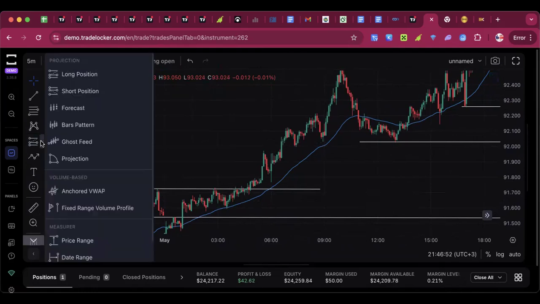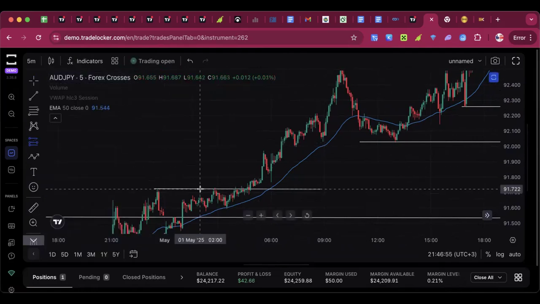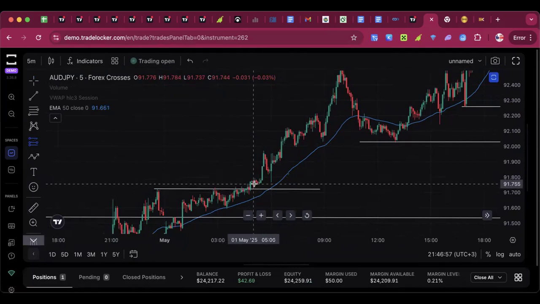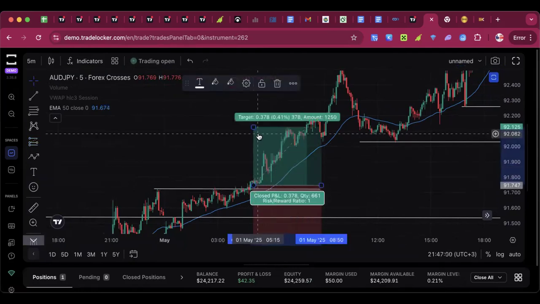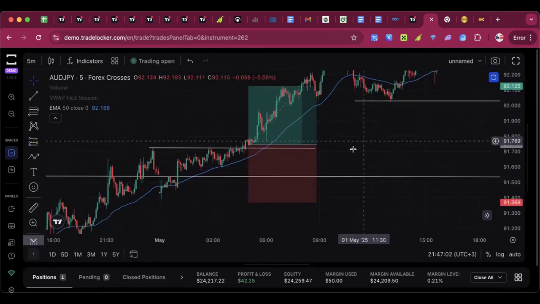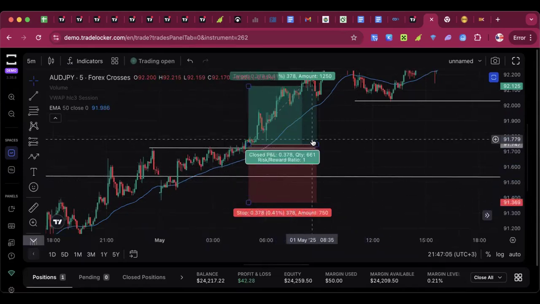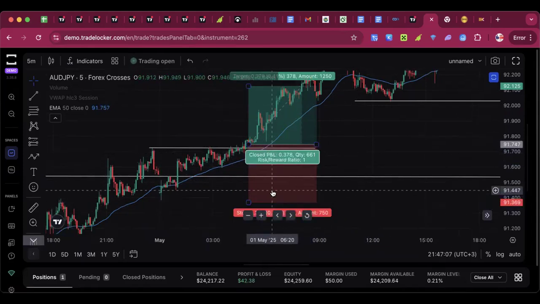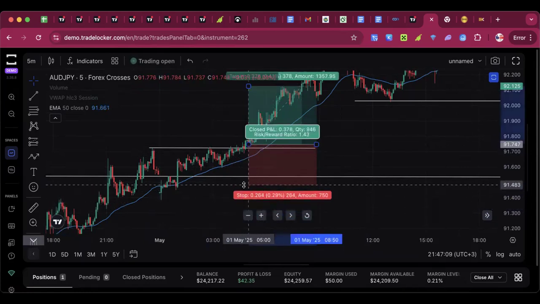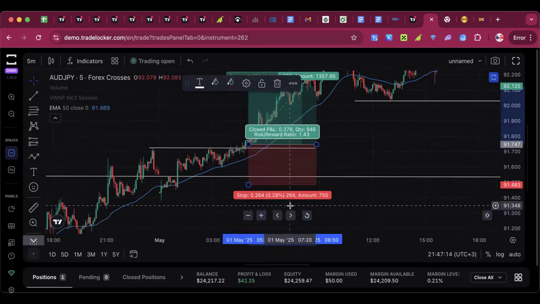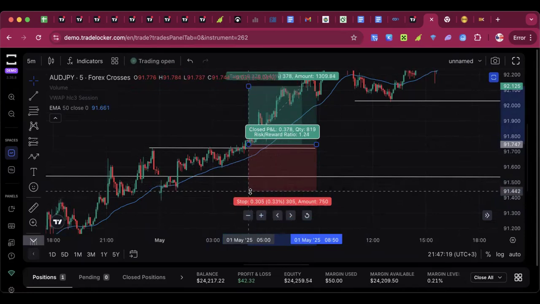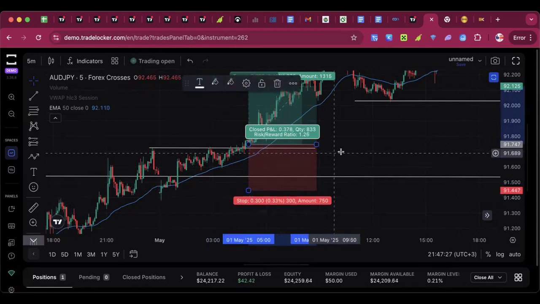Well, you see that when we send signals in our group, we use one ruler to mark it. So let's say you are entering here anywhere at all. Now, your stop loss, sometimes I love to be conservative, especially if it's in currencies. Now, so let's look at your stop loss. How many pips is this? 26 pips. So I always say, as a day trader, your stop loss can go up to as high as 30 pips, depending on